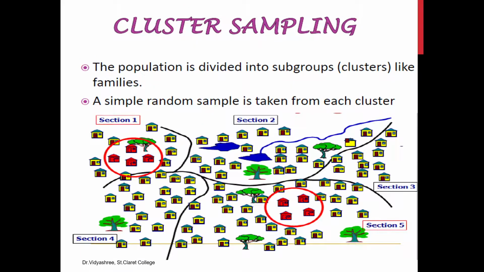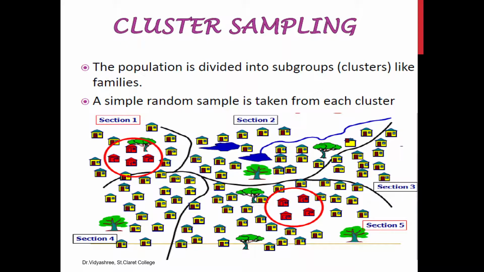So let's move on with the next type, that is cluster sampling. The literal meaning of cluster is group. So in the population there would be naturally divided clusters. If you take the entire population, there will be naturally divided clusters. What the researcher is going to do is randomly pick a few clusters and apply the study to those clusters.